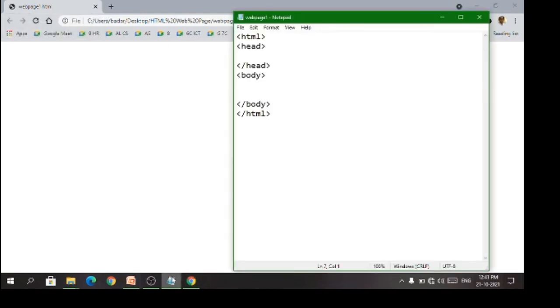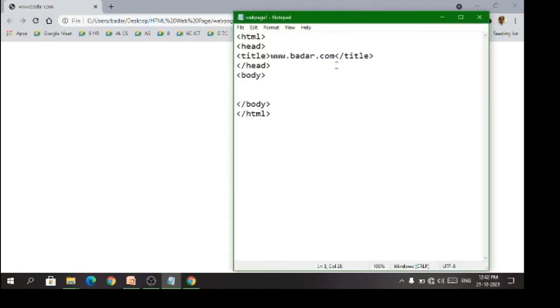So what I will do is, for this web page I will click here in between the head tag, and I will specify title. The title would be the tag, and I will specify the website name. Right now I am using my name, www.brother.com, and I am closing the tag. This is what should be displayed on the title bar. I have saved the file, and I will come to the browser and refresh it.